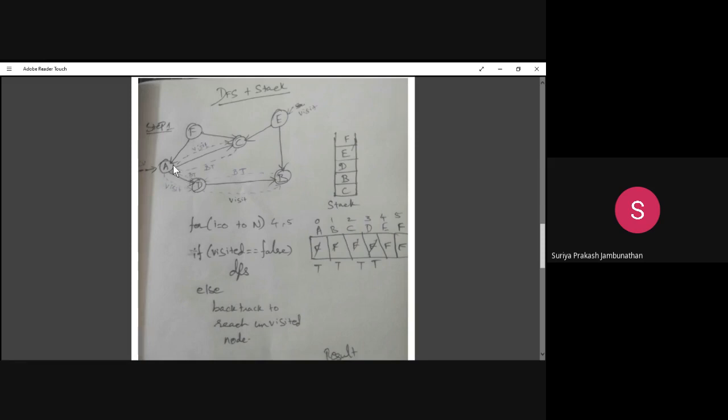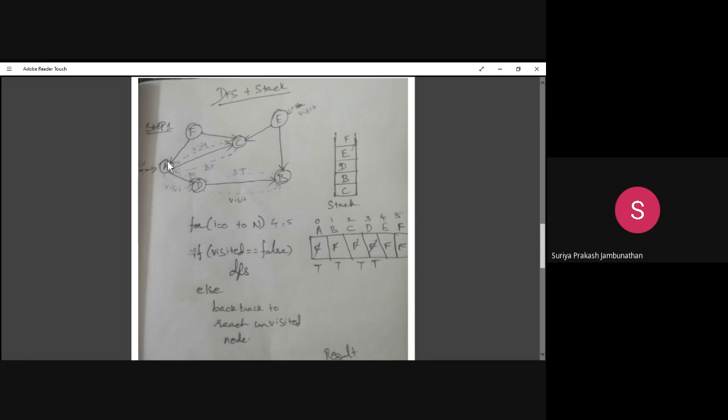We will go to A. When you are going to A, we have to remove D. So D will come as the next value in the stack. So C, B and D we are having. We are removing D and it will be put in the stack, and we are reaching A through backtracking. Now we are in the node A.